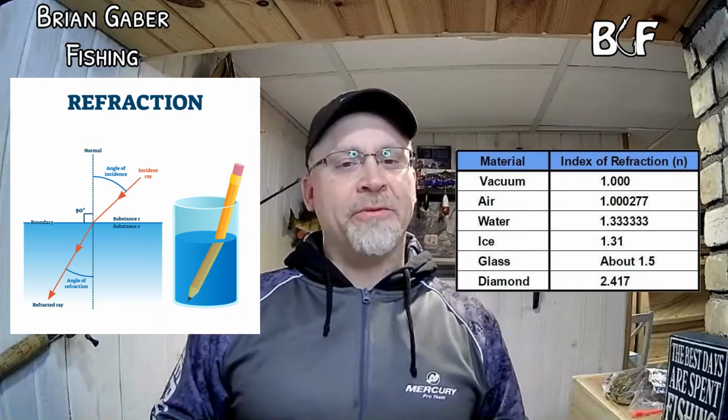So water has a refractive index of 1.33, and fluorocarbon is 1.42, and that's to the degree that light can pass through the line or the water as well. So it's very close. So a clear fluorocarbon line disappears very well in the water, but it's still got some visibility. And what the pink play on it is supposed to do is, if you get some abrasion,